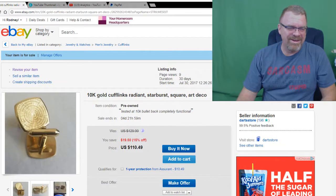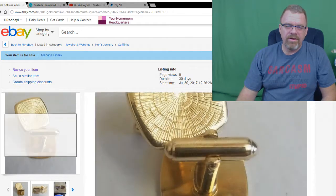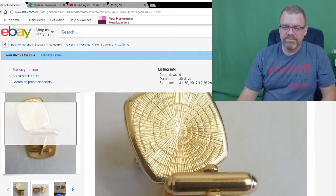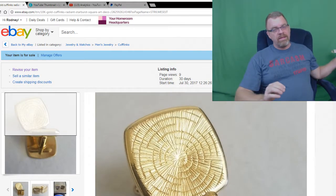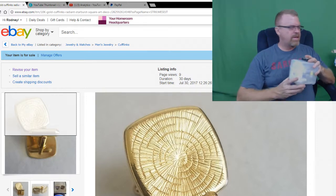Okay, there we are. Anyway, I picked up these cufflinks. You tell me what you think. Let me hover over the image. I bought my handy dandy